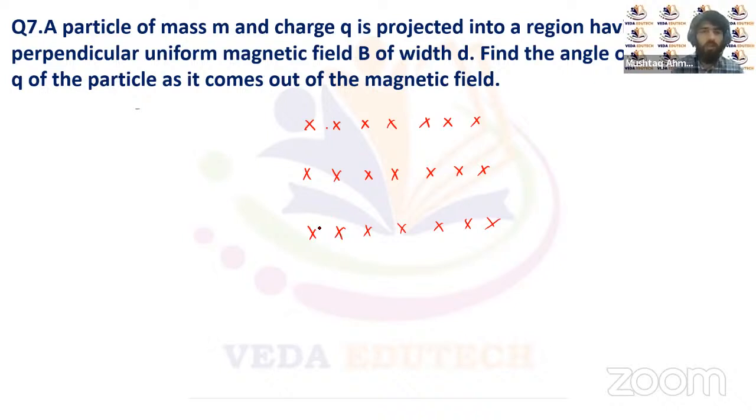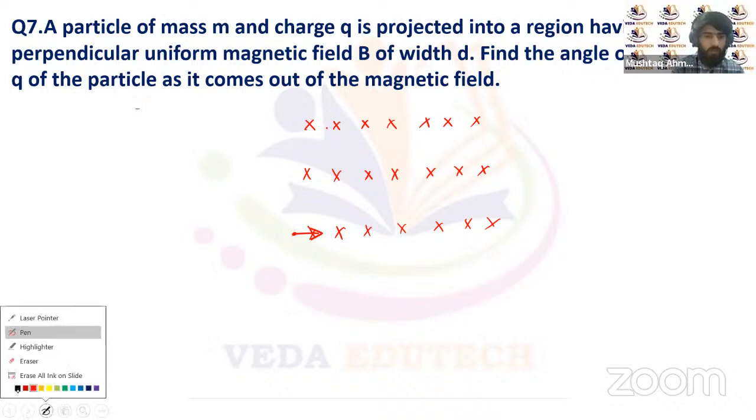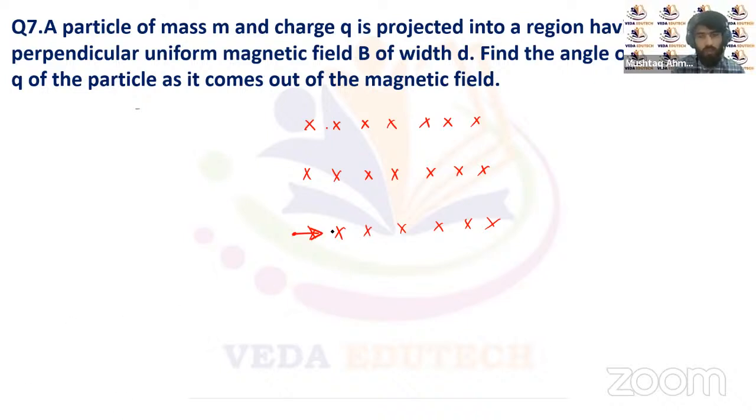Now a charged particle, right? Let's suppose the charged particle is projected into this region like this. If this is how the charged particle is projected into this region, then the particle will follow this trajectory because of the